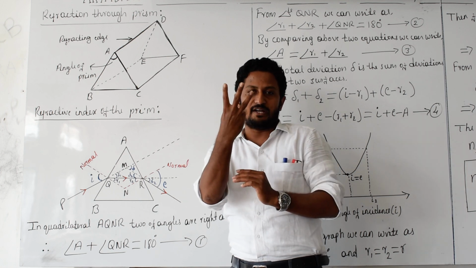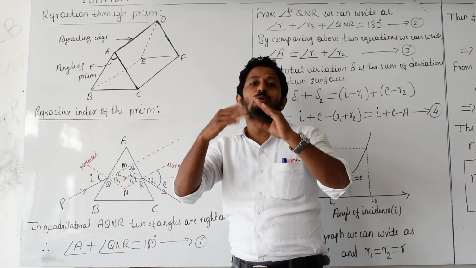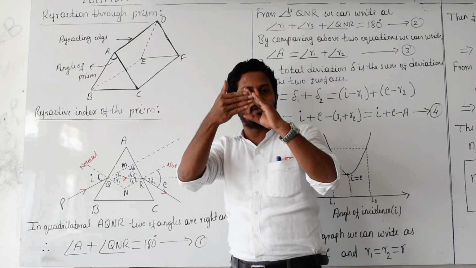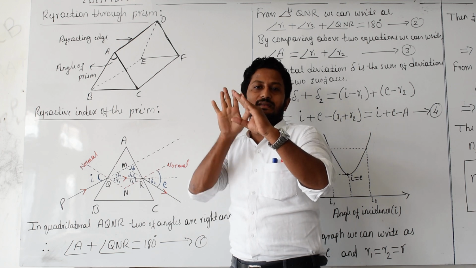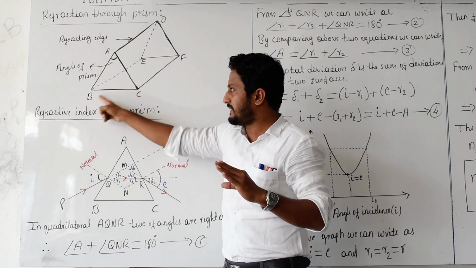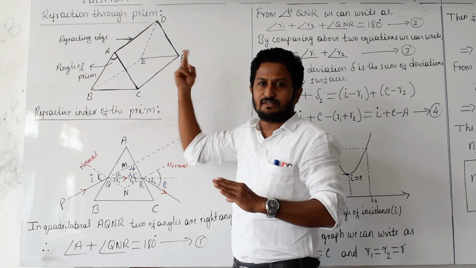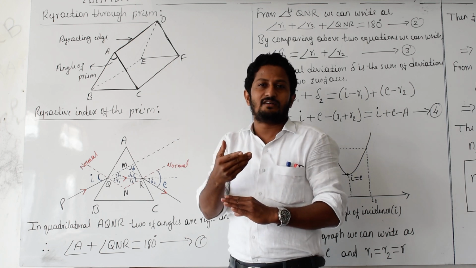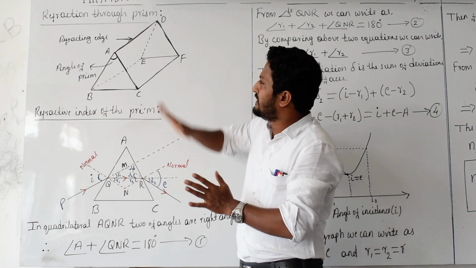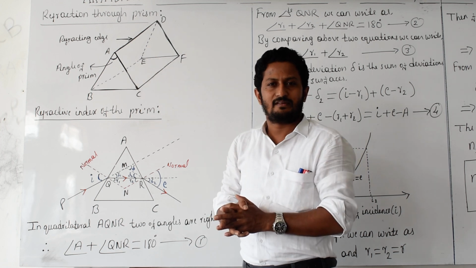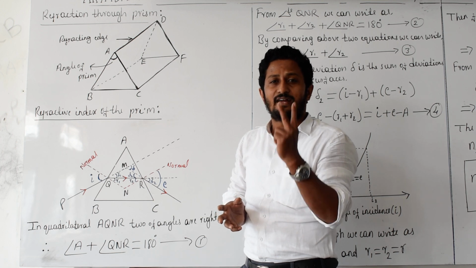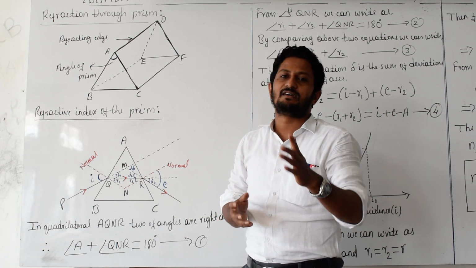It is made by three rectangular surfaces and two parallel triangles. This front one, ABC, and the back side look parallel. Getting what I mean to say? This front one and that back one, A, B, C, D, E, F. These two are triangular refracting surfaces which are parallel to each other. This we call a prism. Simple. It is an optical medium bounded by three rectangular and two triangular refracting surfaces.